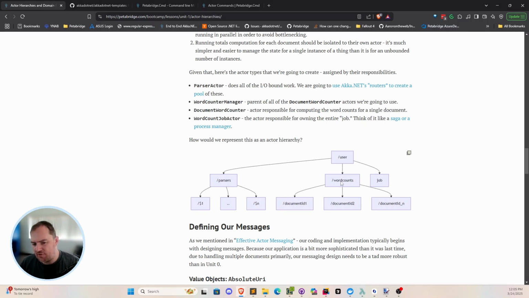Then the second portion is going to be the word counts actor. This is where that child per entity approach comes in. And then finally, we're going to have our Saga actor, this word count job actor. It's going to be the one directing the flow of traffic for everybody else. So that's our actor hierarchy. Now,